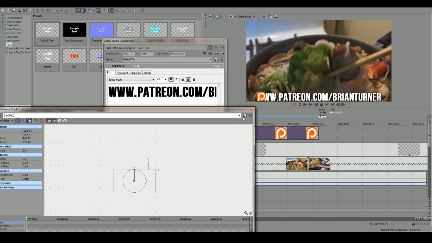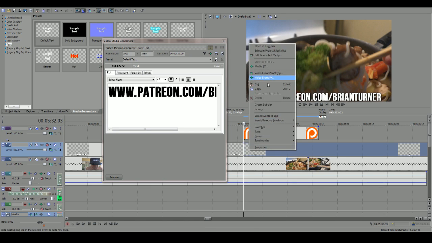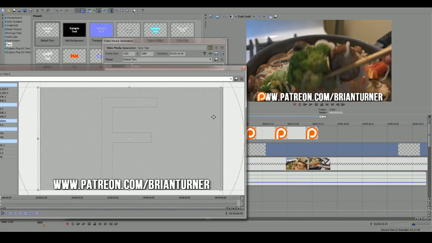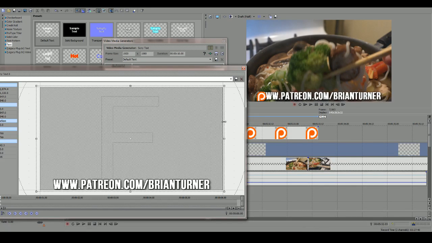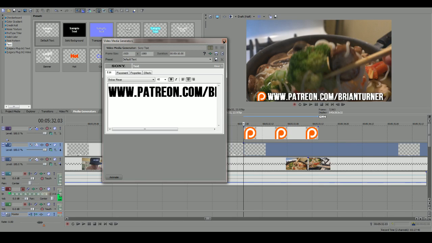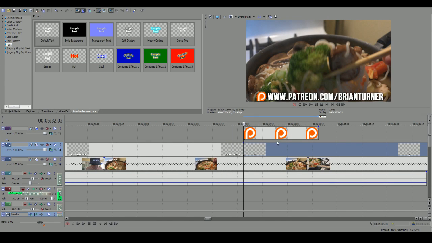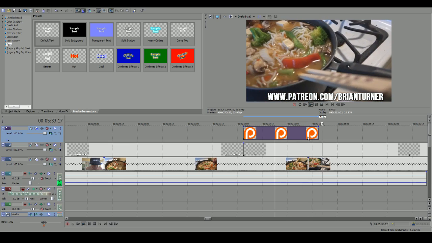Essentially it's a double crop. It just gives you some leeway when it comes to making things smaller. I'm also going to crop this text because now it's too big for the screen. Okay, so we've got Patreon there. All this stuff takes a little extra effort, but believe me, it's so worth it.